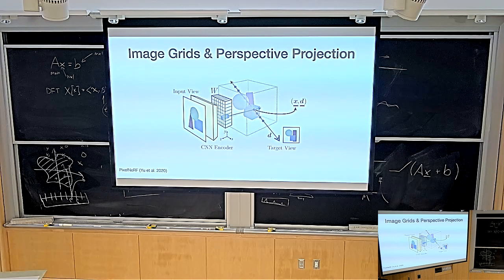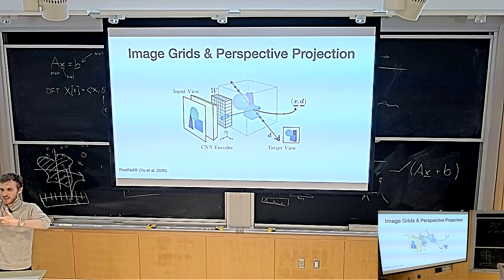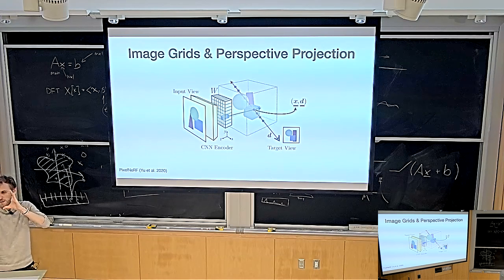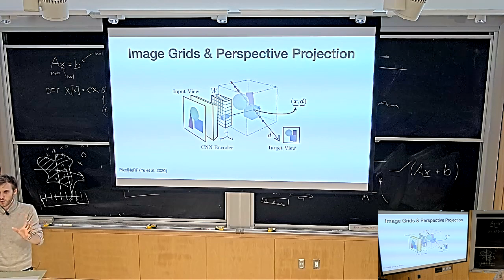So you can imagine this is kind of connecting a 3D function that is defined in 3D to an image that you have captured of that 3D function, right? You can say, I'm going to store information about my 3D scene in an image that I capture from the 3D scene, and I'm going to extract that information by taking a 3D coordinate, projecting it onto the image, and getting the information in the image. We're going to talk more about why that would make sense, and this is just a high-level idea.